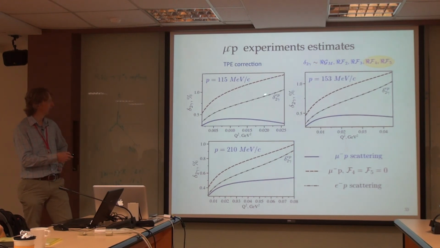So if the muons were electrons, you will have this curve as a function of q squared, which is like 10 to the minus 2, here GeV